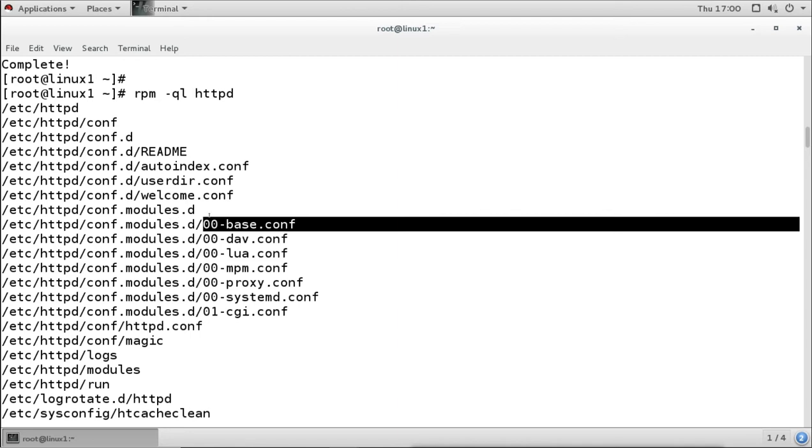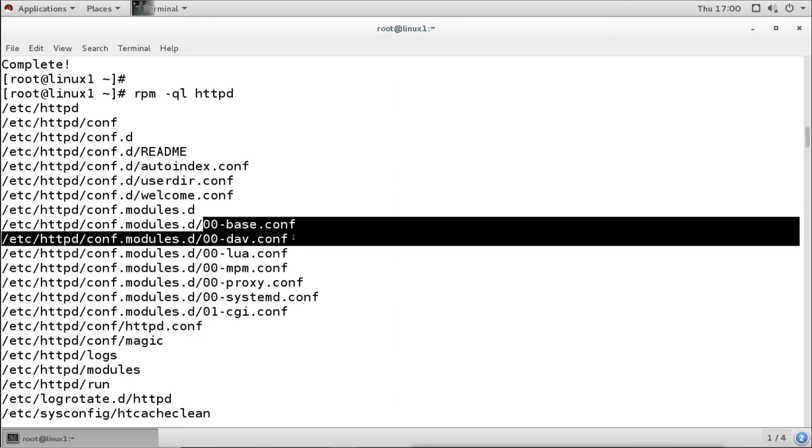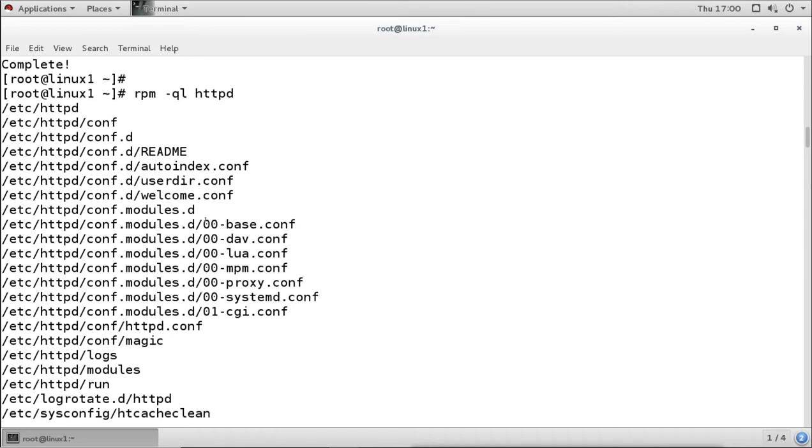These are the configuration files here, and each configuration file has the configuration to load modules, like which module you want to load. Remember, what do the modules do? They add additional functionality. So you can have control here over what functionality you want to add into your web server. It is not going to load every module, because you don't want to add every feature which you don't know and which you don't configure.